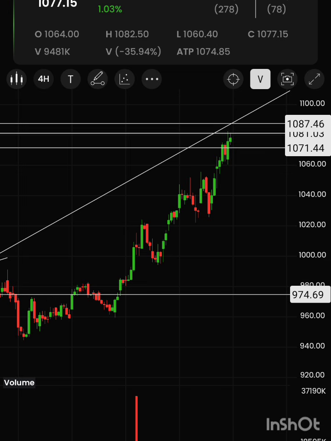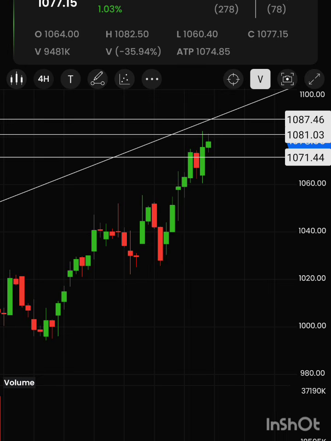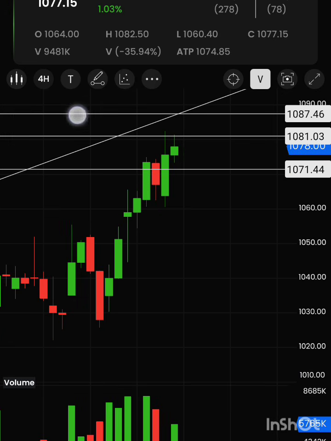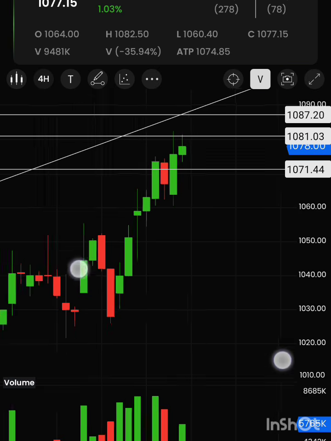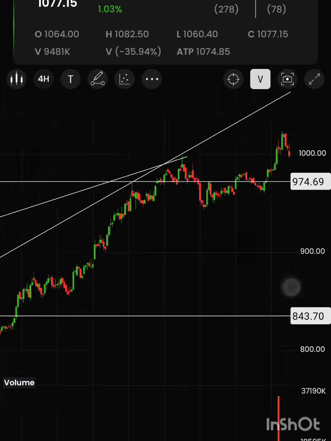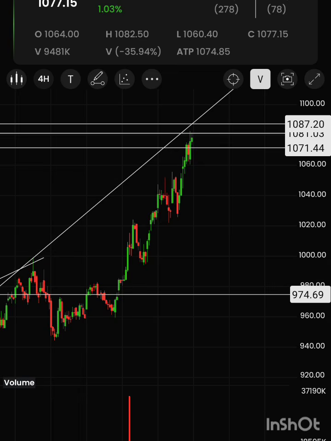And I'm explaining some of the PSU banks. It all depends on the chart only, so the risk is very low and the reward is also good. SBI: I already mentioned last week that we will have a very good upside. We were waiting for an upside in SBI, and after 1010 the target was already given, and the second target in the 1088 range was explained, and we met it yesterday. So the next target, mostly tomorrow it can touch around here, that is 1087 to 88. Above this one we will have a very good upside movement. So I'm expecting this much tomorrow.